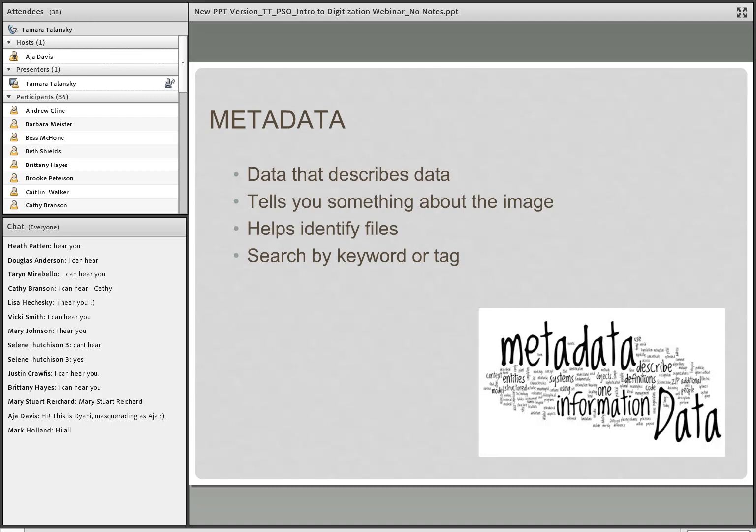At its most basic level, metadata is something that helps to better describe the data that you're trying to remember. So in other words, it's data about data. So it's information that tells you something about this digital image that you've saved. It's a way of tagging the internal digital information of the file and used to describe things like the type, the size, the purpose, the date or time, people, different places, etc. Metadata can be attached to any file so that searching by a keyword or a tag can help you locate the digital record later on.